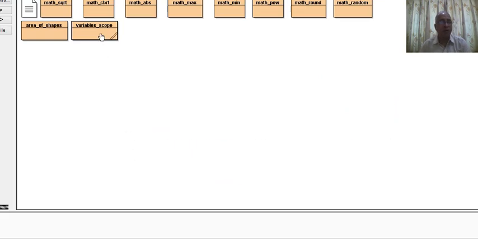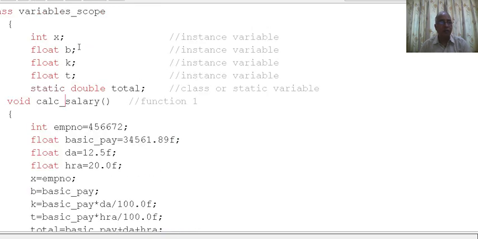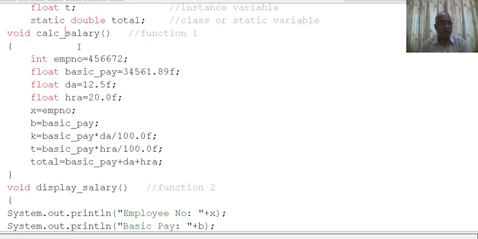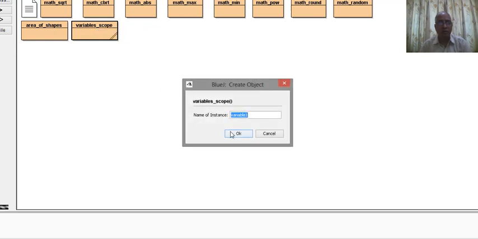This is the program, already there. We will compile it, so we will not get any error. We will close it. Now we will just make the object.